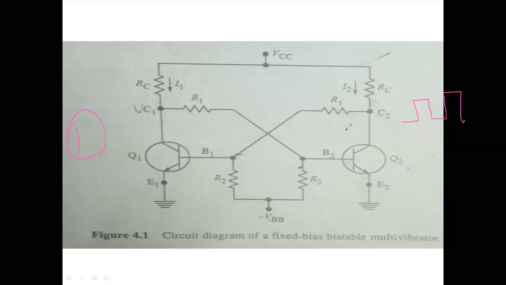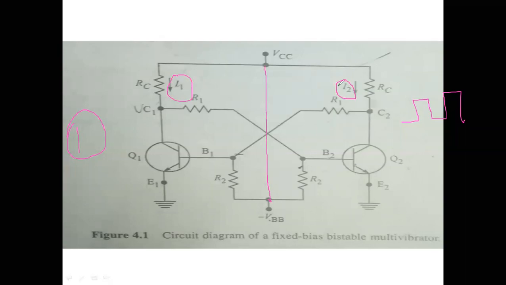Also, the circuit is symmetrical. Why am I saying that it is symmetrical? If you observe the circuit, it is symmetrical. Therefore both transistors will be started somewhere, it may be active, saturation or cutoff. And when you get a small disturbance, either I1 or I2 will be changed, any one or both will be changed.